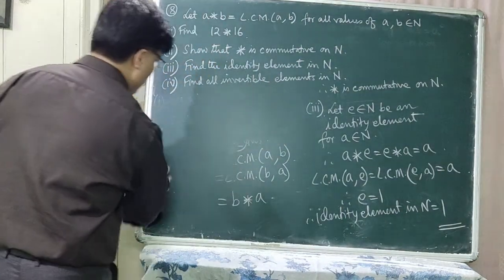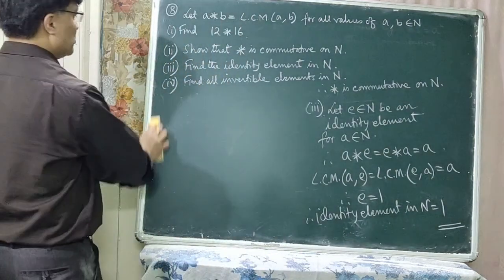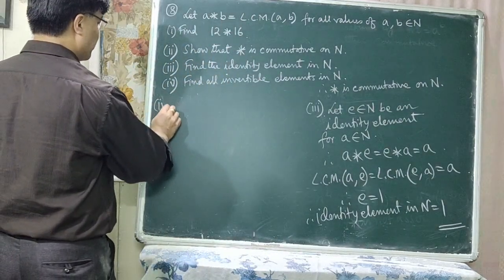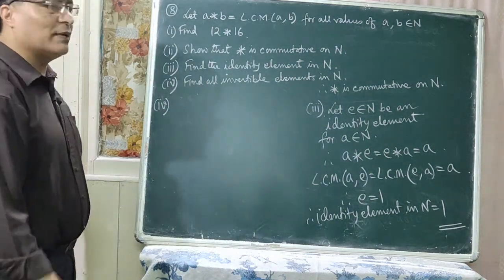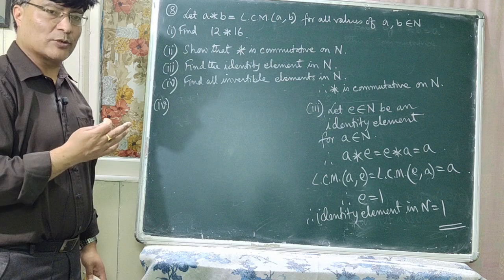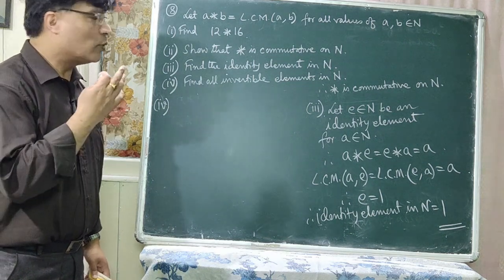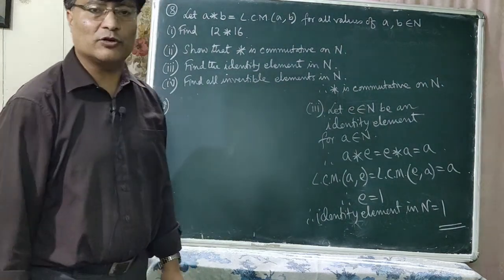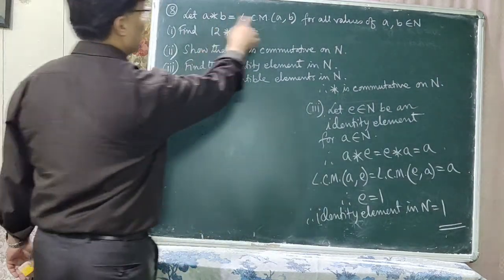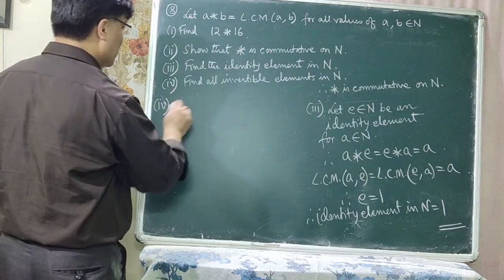Next, let's do number 4. So let's do this question number 4 now. Now you have to find out all the invertible elements in N. So what is the inverse or invertible element in the set of natural numbers? So in this case, okay. So here